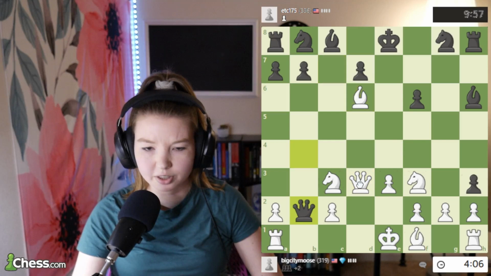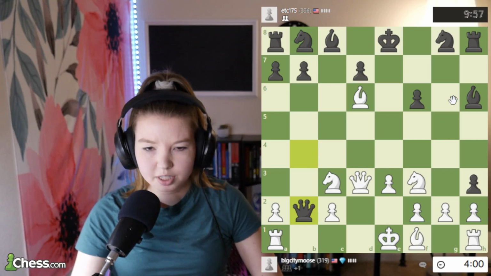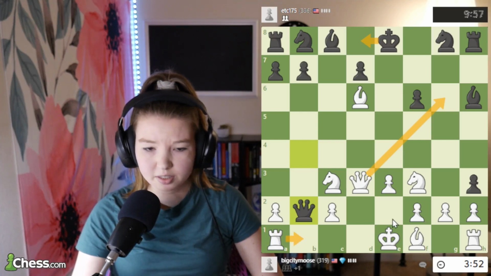I can't see it all the way through. I'm gonna be so mad if there's a mate here. So I can swing the rook over. I can also give this check. I don't think it really does anything because they have this move. But we also have this, which might be a fun idea, to swing the rook up and...